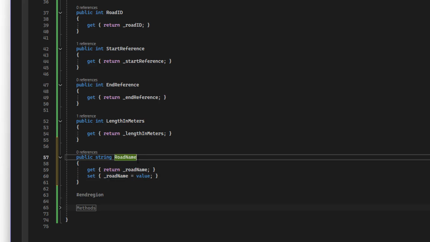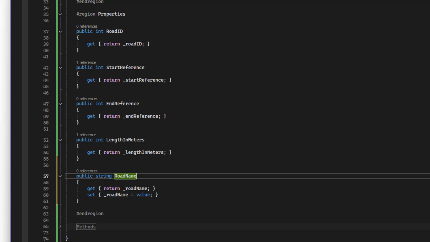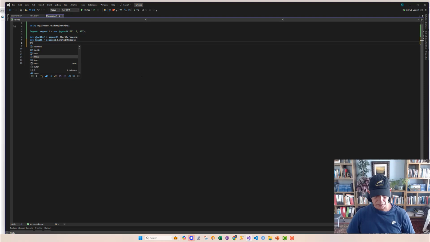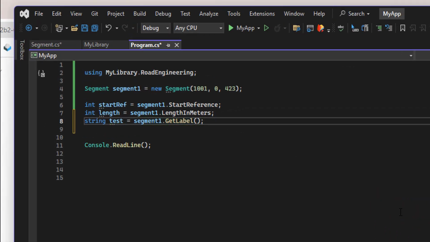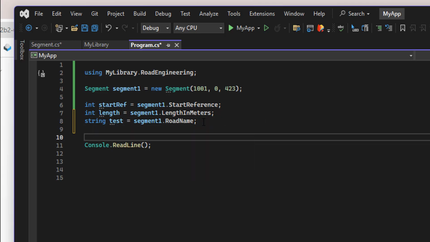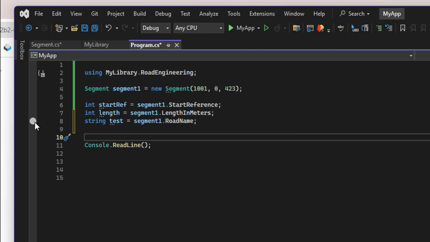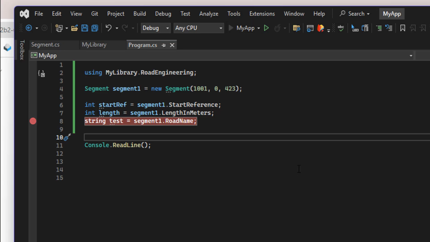In this case, I am not assigning the road name when I initialize the object. So if I go in here and say string test, I'm going to call this variable test, and I'm going to get segment road name like that. Then I should get an empty value from there because I never set the road name. Let's run this and have a look at that. If I put a breakpoint there and run this app,